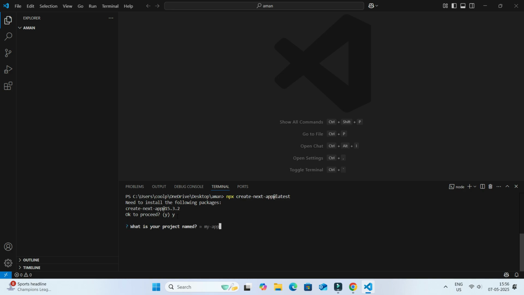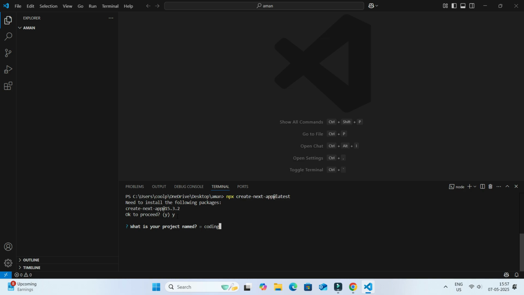The moment you hit the enter button, it asks what your project name is. It means you are installing Next.js and will work inside it, so you have to give your project any name. You can give the project any name, it depends on you. I give this project the name coding, and it will depend on you what name you want to give.